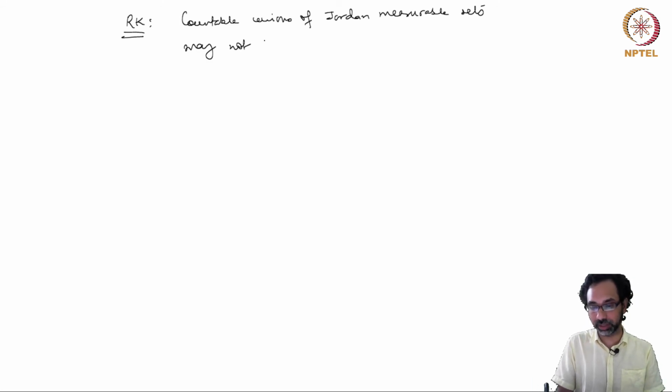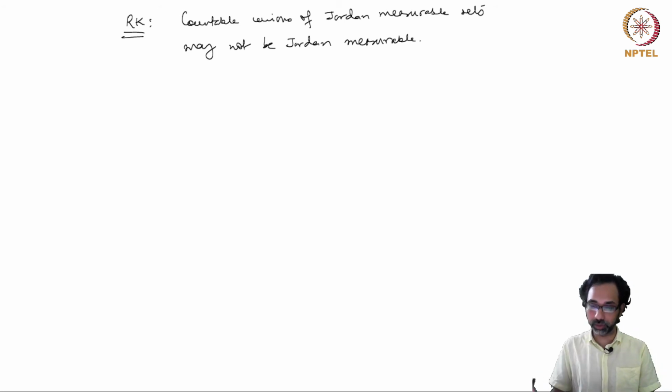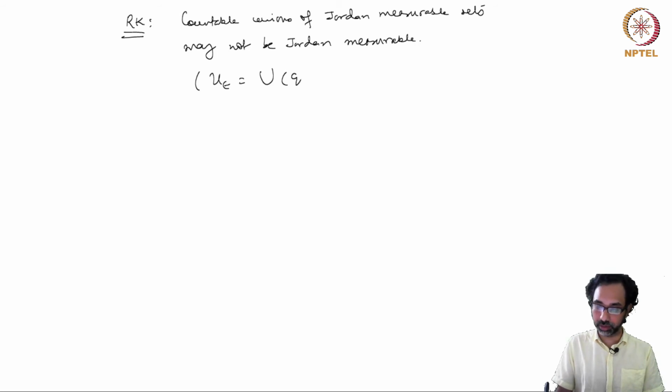We mentioned this before, and with the help of the Lebesgue outer measure we have shown that countable unions of Jordan measurable sets may not be Jordan measurable. In this case, our example was this open set U epsilon, which was a countable union of intervals